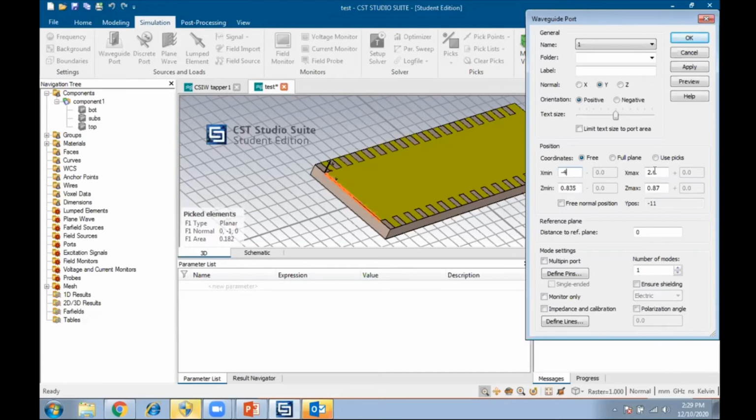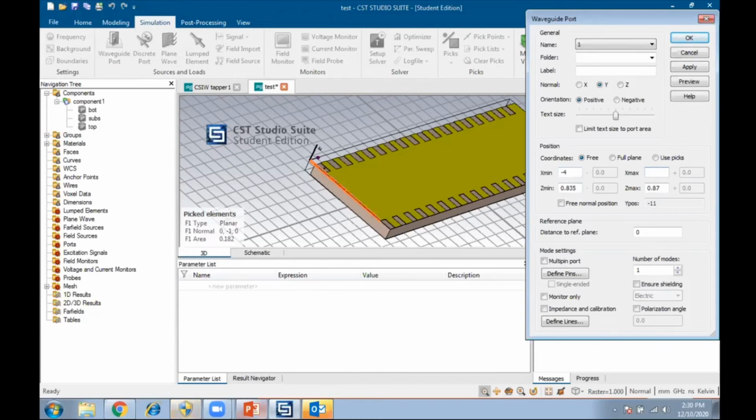So a port usually we will increase from the left side and also the right side, both the left and right sides, and also at the top layer. There's no need to give it in the bottom layer. And also, if you see the waveguides now, how we give the ports there. There is a big